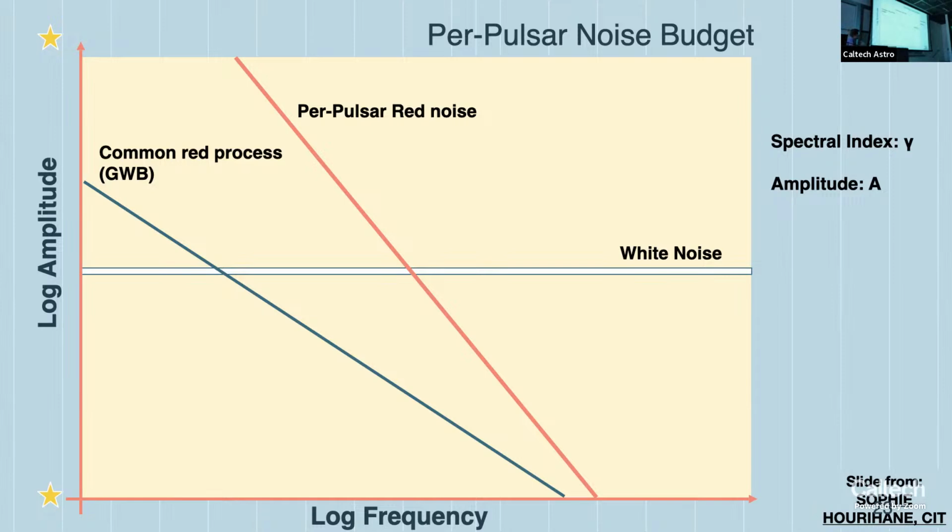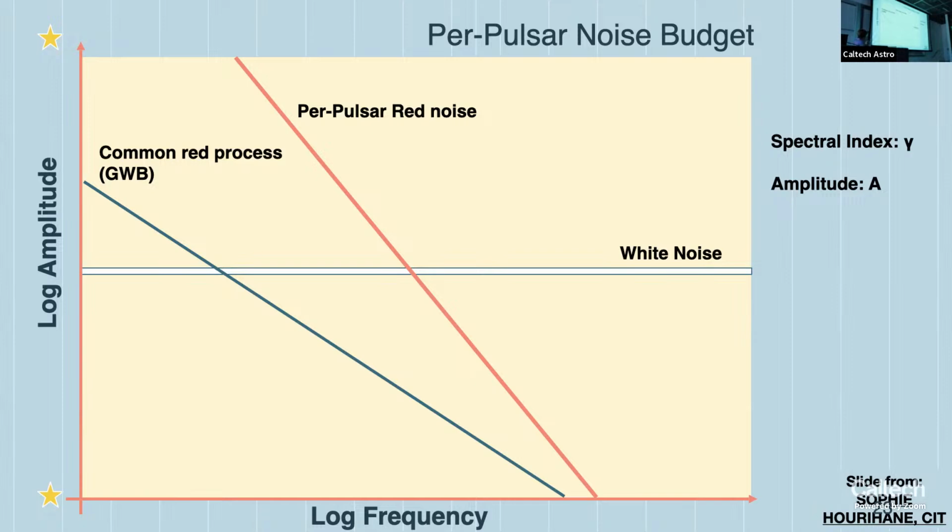And then if we have some gravitational wave background, then that's going to have some spectrum here. And it might be less than this red noise. It might be a little bit bigger. We'll see in a moment that it depends upon the pulsar that you're looking at. And then we have some white noise that represents our limit from our detectors, for example. So in general, we model both this per pulsar red noise and this gravitational wave spectrum as power laws.